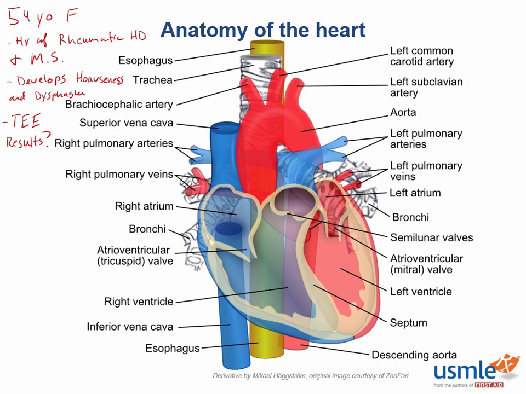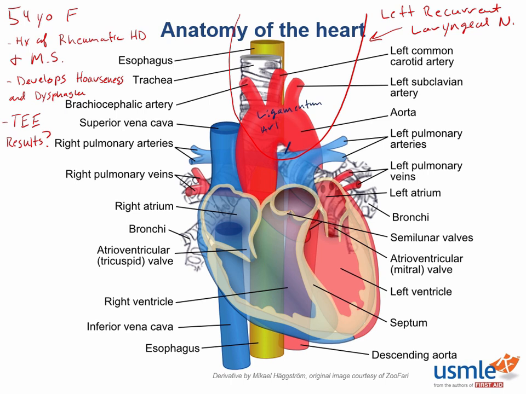Now the point of this question is to help you understand the relationship between the left atrium and the esophagus, as well as the branch of the vagus nerve, which is the left recurrent laryngeal nerve. Now, the left recurrent laryngeal nerve loops under the ligamentum arteriosum on its way back up toward the head. And this woman has chronically elevated pressures within her left atrium due to her mitral stenosis. This is going to lead to an increase in the left atrial size, and this is what you would see